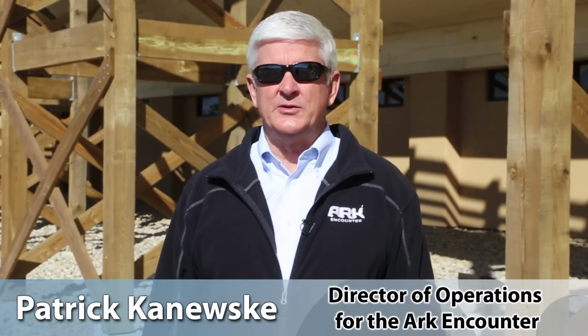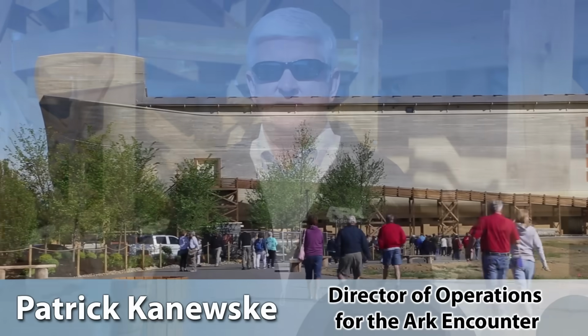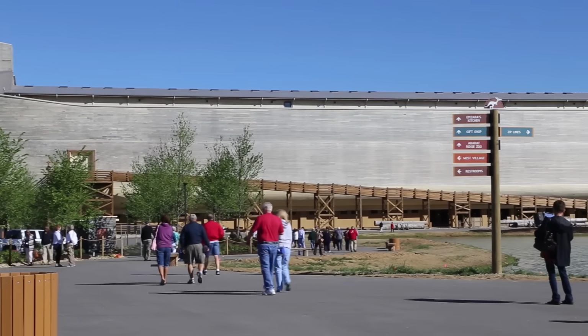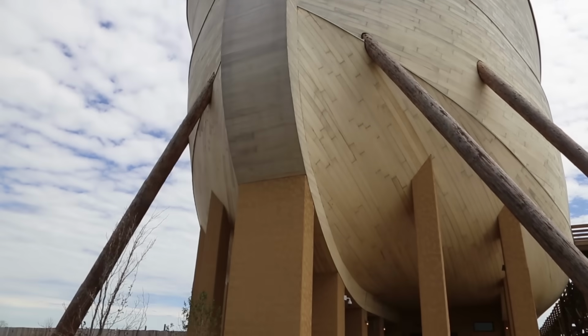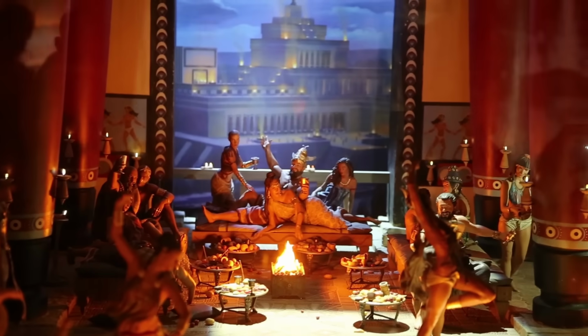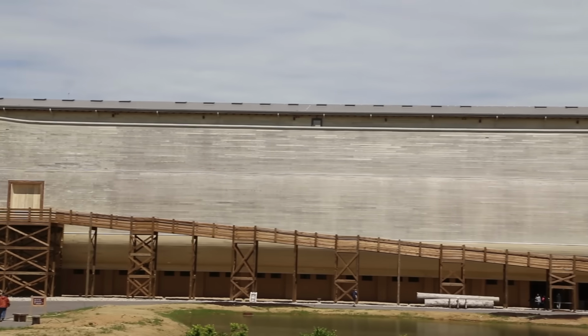Patrick Kanuski. I'm the Director of Operations at the Ark Encounter. This Ark that you see here is a direct representation of the biblical account of Noah and the flood. So what we've done here is we've taken the true dimensions of the Bible in Genesis and we've replicated a